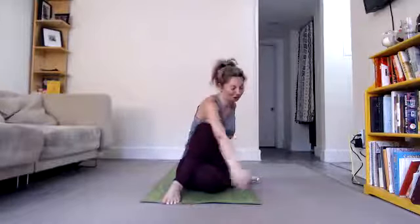Change, unwind, swap out your legs, bend your right leg on the floor, touch left heel to right knee. You can also keep your right leg straight in front of you. Left hand behind you, right arm up and over. Push your knee out of the way, grab your right knee with your right hand, and also grab your